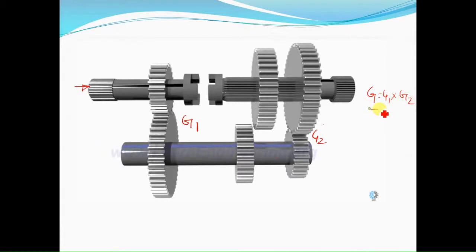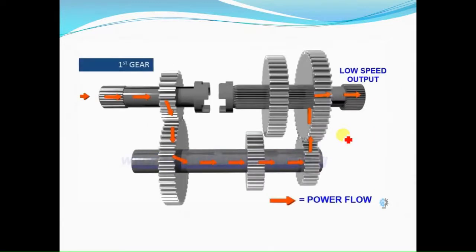So this gear ratio is the highest gear ratio. Sometimes this highest gear ratio is said to be the first gear ratio. Here this is the first gear ratio. The path of the power flow is to be given. Here this is the path of the power flow. In this case, the output shaft gear is meshed with this lay shaft smallest gear.